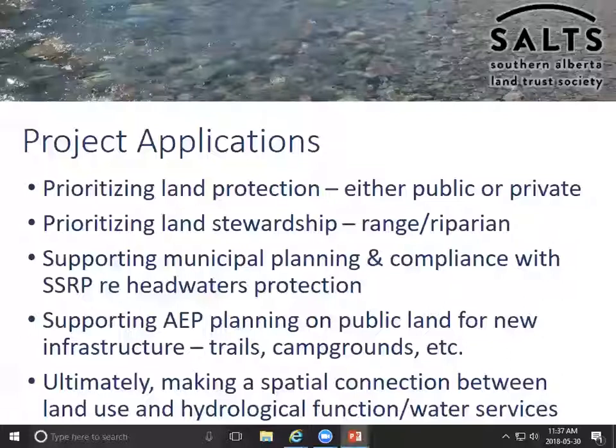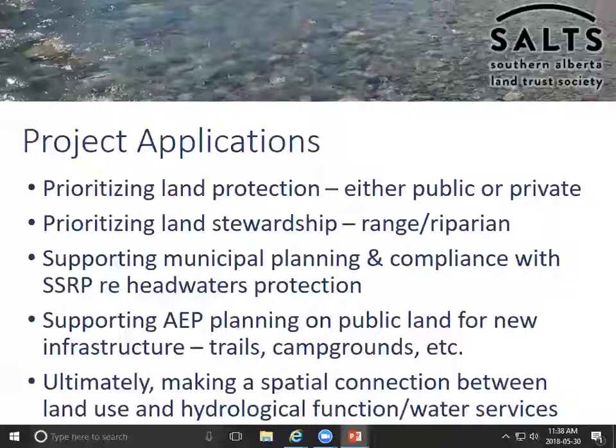Municipal governments could use this to say, if we're doing zoning, maybe we shouldn't zone higher residential development in these areas of high watershed value. It could also support planning on public land for new infrastructure. So if you want to build new campgrounds or new roads or trails, maybe we should avoid those areas where infrastructure is more likely to cause negative effects on the watershed. I know they do the micro planning around trail slope and making sure the engineering of the trail is right, but you may even want to look at where to put the trails on a bigger scale,